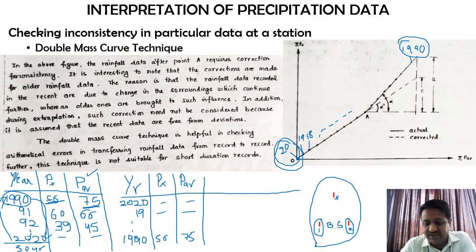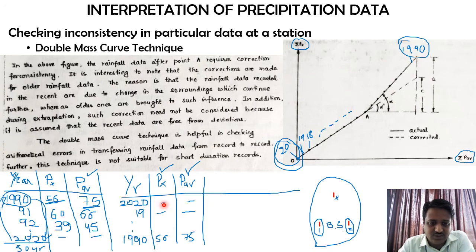So the first and foremost thing you need to do is reverse these particular years and the respective values. Now the next step: if you check, the x-axis is sigma p average, and the y-axis is sigma px. Here they have just given the values of px and p average. It is not a cumulative value they have given. These are nothing but values for a specific year, as shown over here.